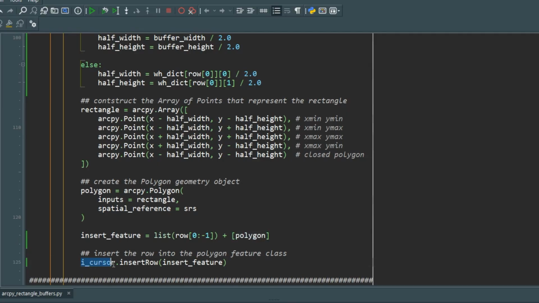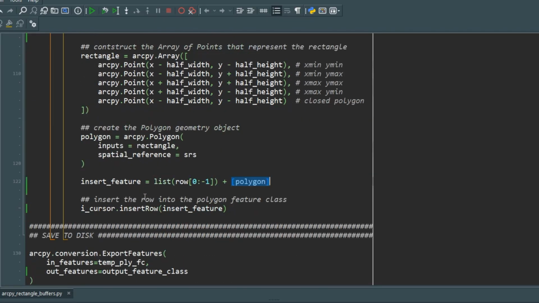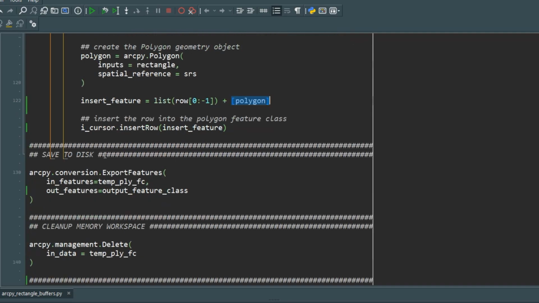So we call our insert cursor and the insert row function, and we supply our insert feature, which is a list of attributes and the polygon geometry. This will be done for each point in our input point feature class, and there will be a matching polygon created. Now we want to save to disk, so we call ArcPy, and from the conversion toolbox, the export